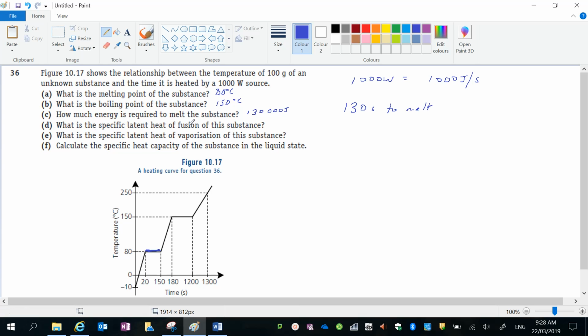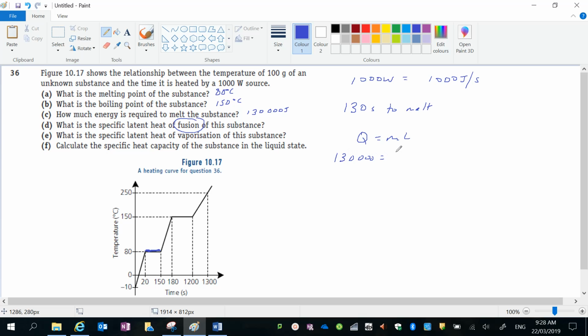What is the specific latent heat of fusion of the substance? Fusion relates to the solids, so solid turning to liquid or liquid turning to solid, depending if we're adding heat or removing heat. So this is referring to the melting. We've just found the energy. There's the formula for the latent heat for melting or boiling or freezing, condensation, whatever. Q equals mL. So we just found the Q required to melt the substance,